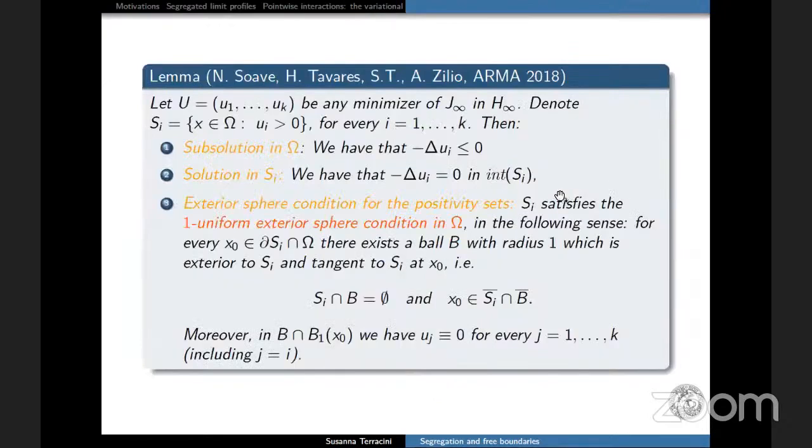And then we have this theorem. If we consider a minimizer of this functional in the constraint space, and if we denote by SI the positivity sets of the components,